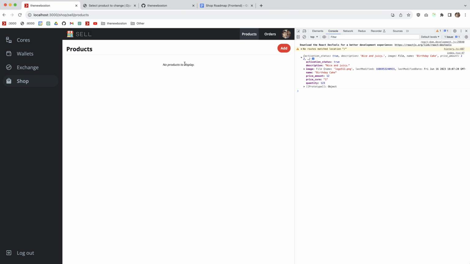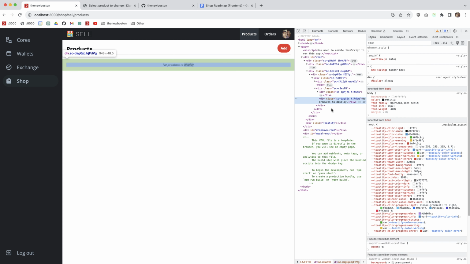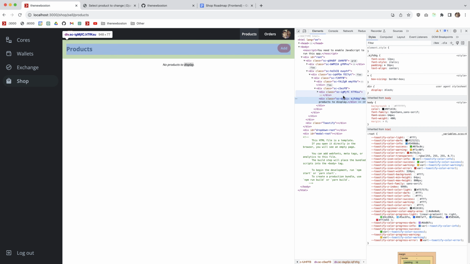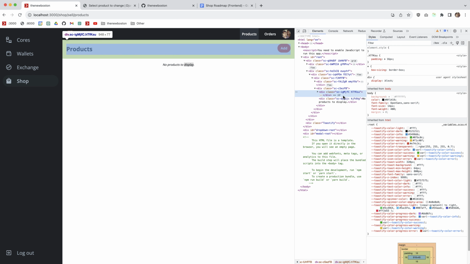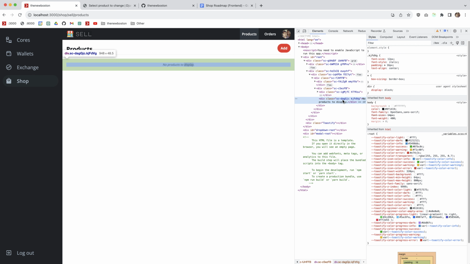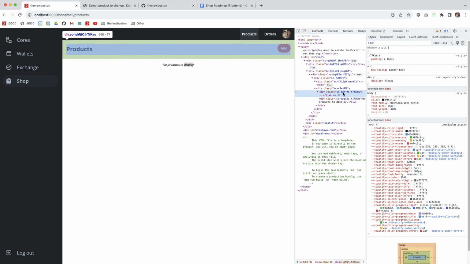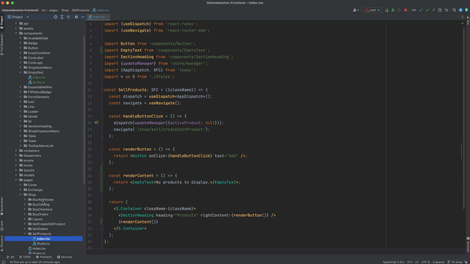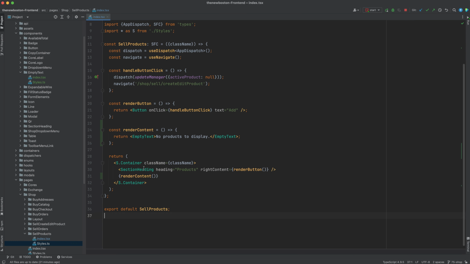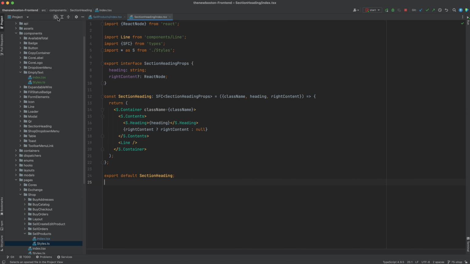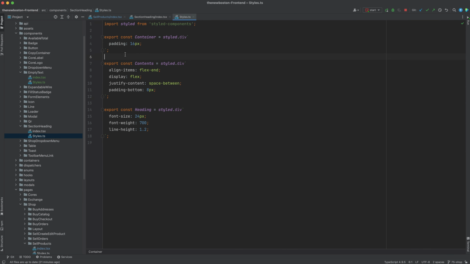Okay, so that looks alright, no products to display. However, I am noticing there's a little bit too much padding, and that is because in this top section I have padding as well as this. Okay, so I don't think, is this coming from the page actually? Where's this padding coming from? Well, let's find out. So on my sell products page I don't have any, so it must be coming from the section heading. Yeah, padding 16, and I don't want that. I don't think I want any padding on my section heading at all,